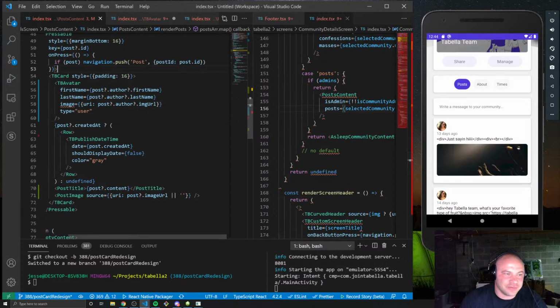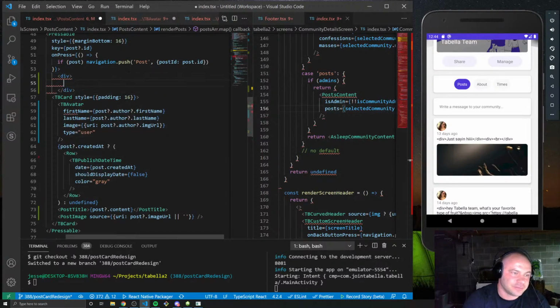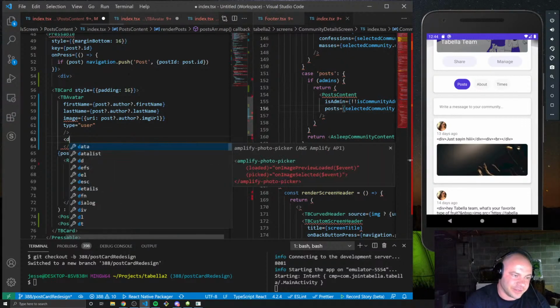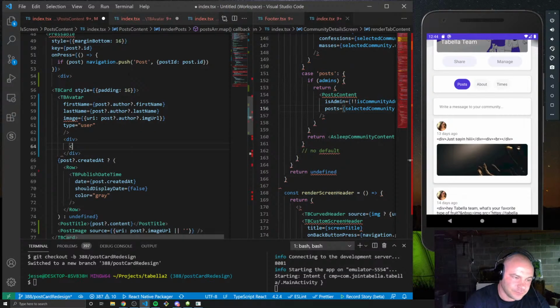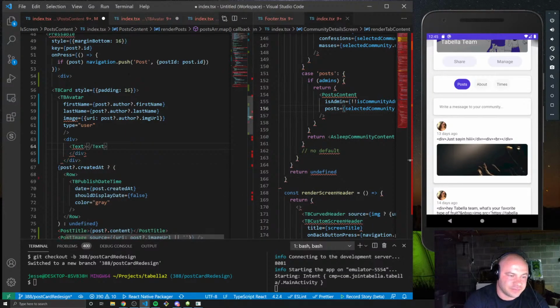So let's make a div here. And this div is going to be our outer container for everything. Then we're going to make another div that's going to be our container for our text. Whoops, didn't put div. Our text is going to be